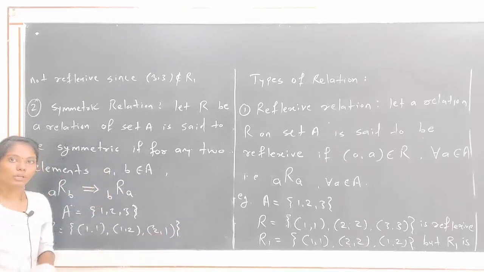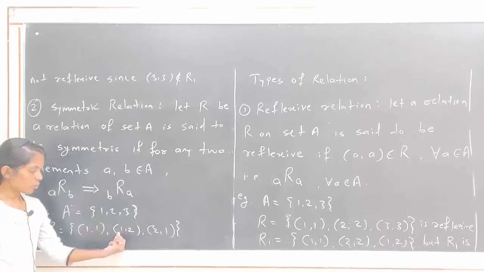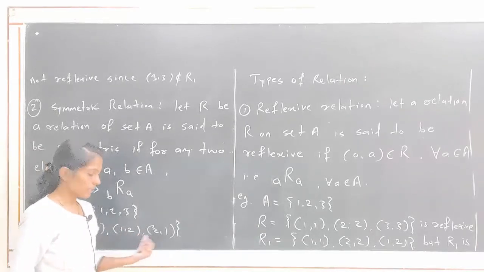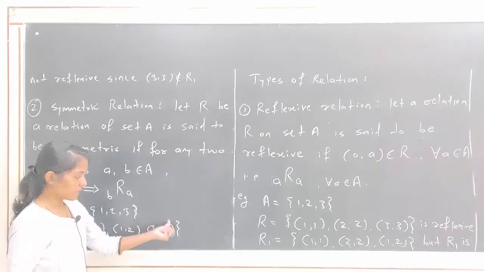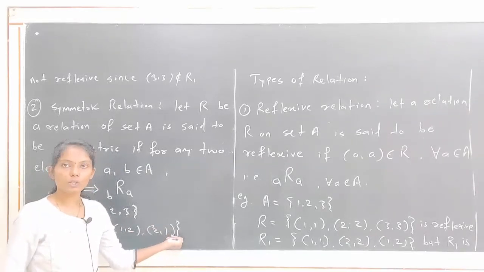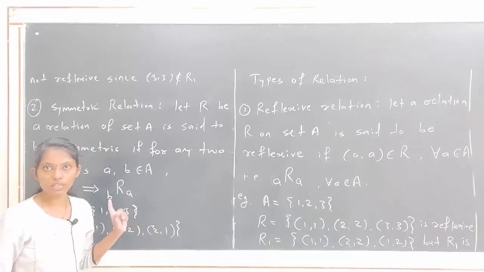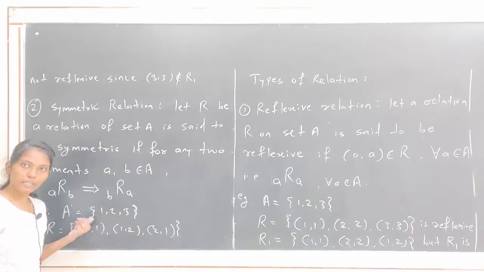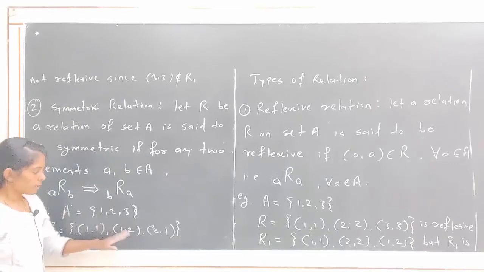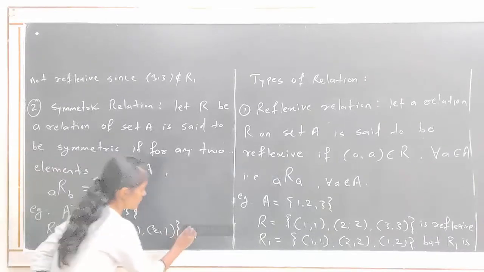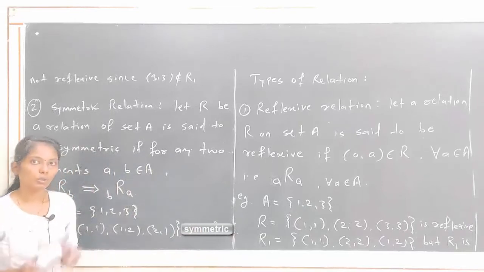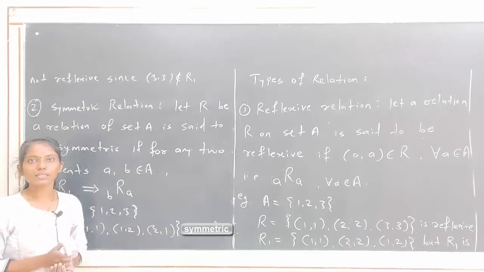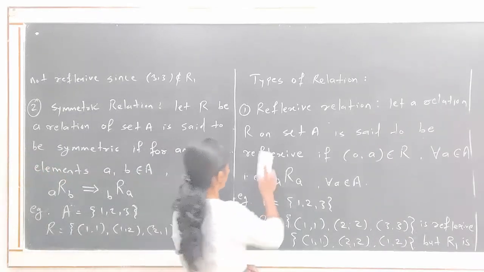Here in this relation, 1 is related to 2 and 2 is related to 1, that is, A related to B and B related to A. So this relation is a symmetric relation. 1 related to 1, again 1 related to 1. So A related to B and B related to A, that type of relation is a symmetric relation. Then next one,